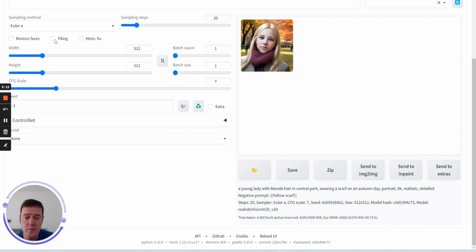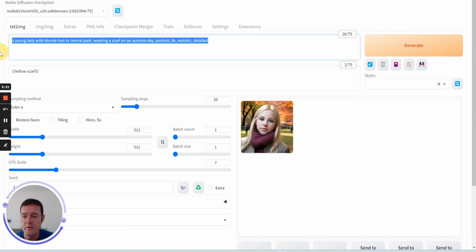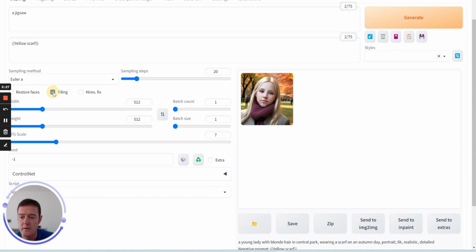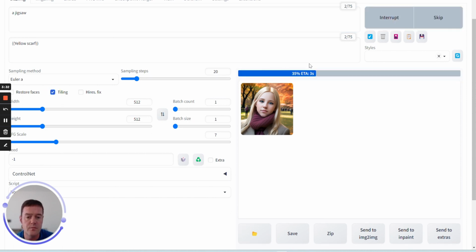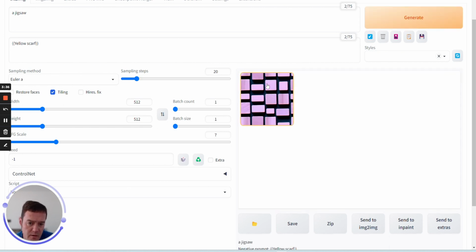The Tiling tab is used for creating repeating patterns, so it's not necessarily something you'd want to do on this image, but if, for example, we were looking at a jigsaw maybe, and we included the tiling, we will see the following. And you can see we start getting repeating patterns creating our image, so there's a lot of fun to be had with that. The high-res fix,